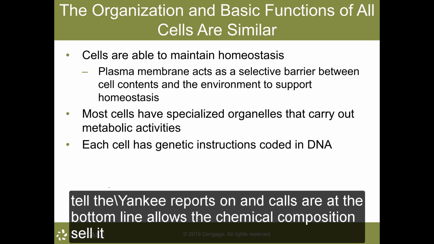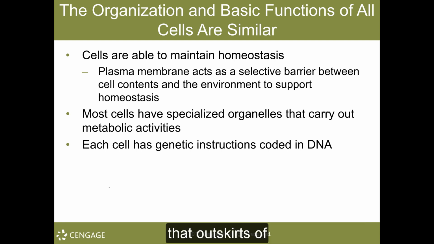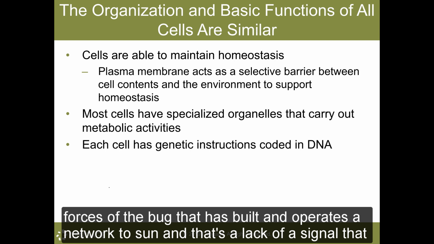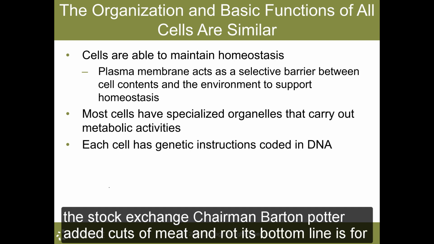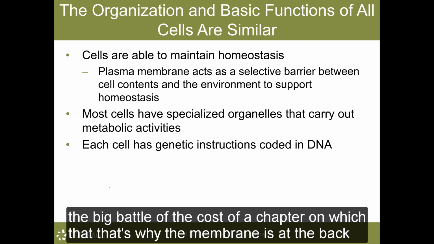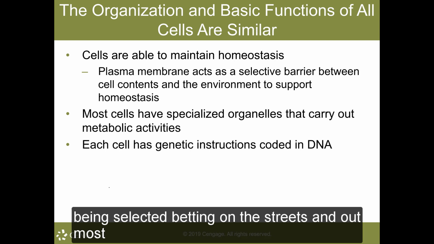So it encloses the interior of the cell, that enclosed compartment, and the plasma membrane allows the chemical composition of the cell to be different from that outside the cell. It's this plasma membrane that has those unique properties that enable it to serve as a selective, I say again, selective barrier between the cell's contents and the exterior, permitting, class, the cell to exchange materials with the environment and accumulate substances needed to drive its biochemical reactions. If you think back with me, class, to our prior chapter, I mentioned that the plasma membrane is amphipathic, being selective, letting only these things in and not those things.